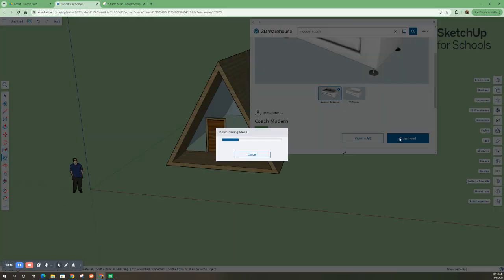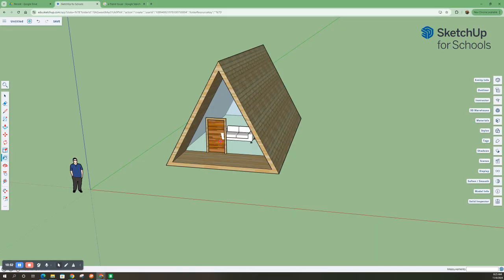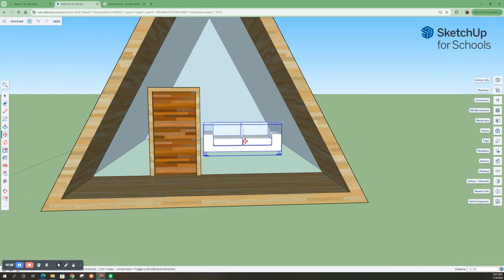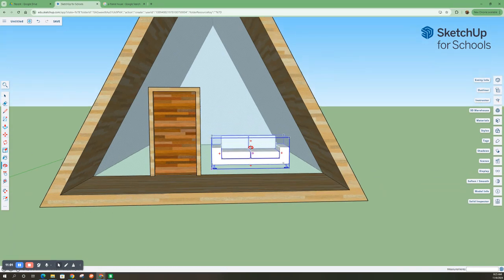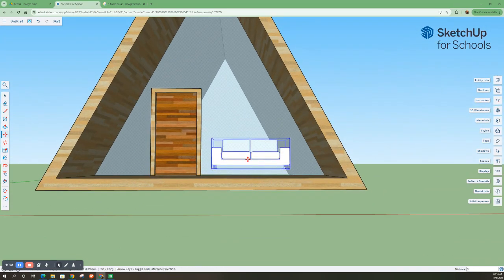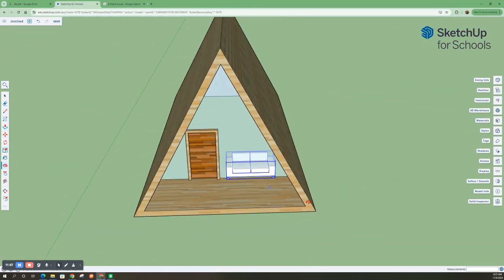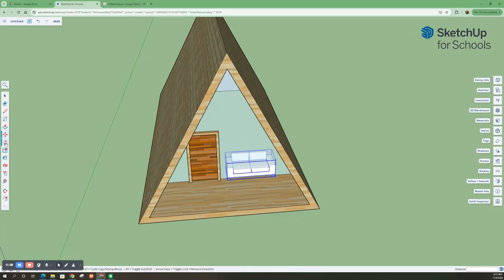Download. And there it is. And I can put it in here. Now you'll see that's not quite on the ground, right? So let's see if we can drop it down. So I'm just rotating the model up, so I can do that. And then I probably do want to rotate it here. And similar to